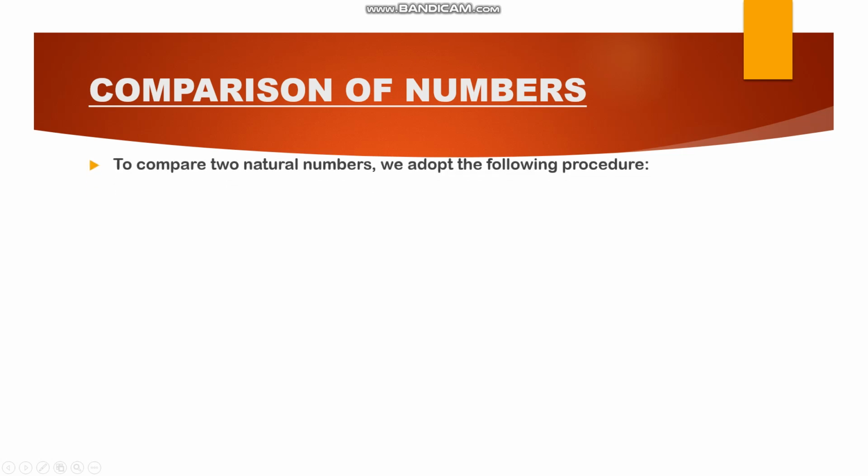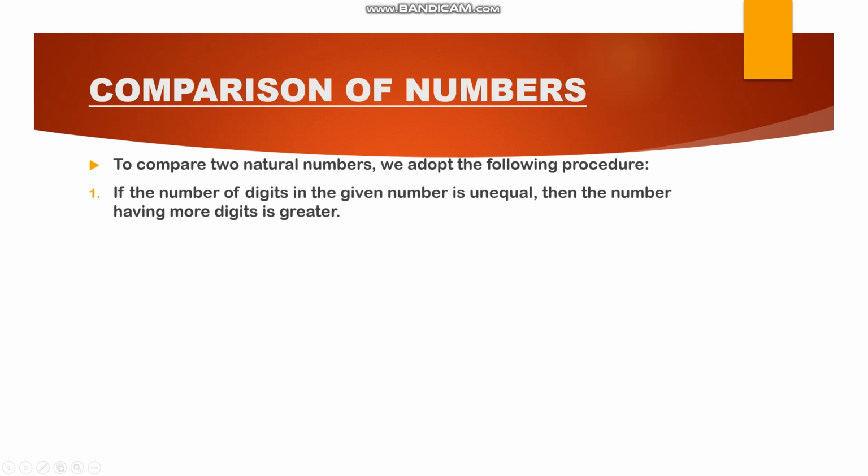To compare two natural numbers, we adopt the following procedure. The first one is, if the number of digits in the given numbers is unequal, then the number having more digits is greater. For example, if I am taking the number 6 and the number 25,